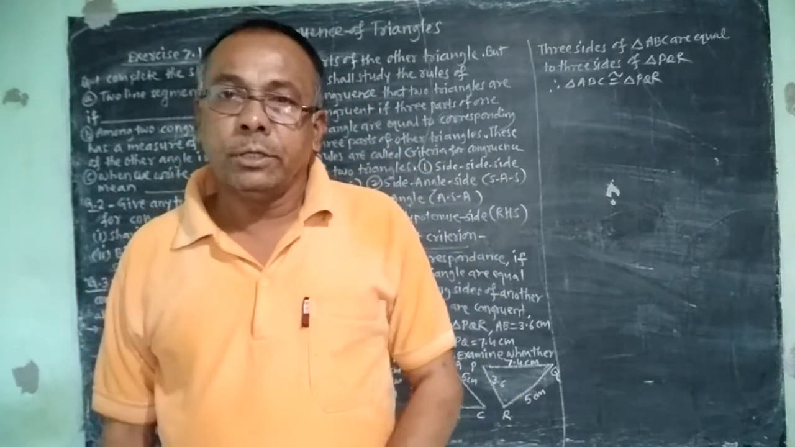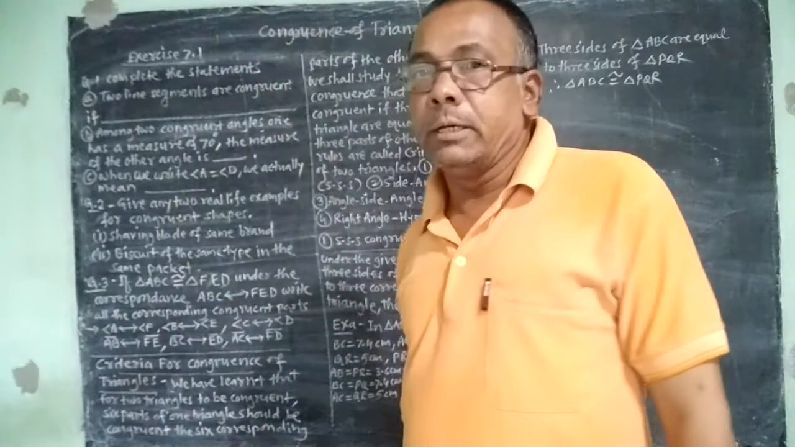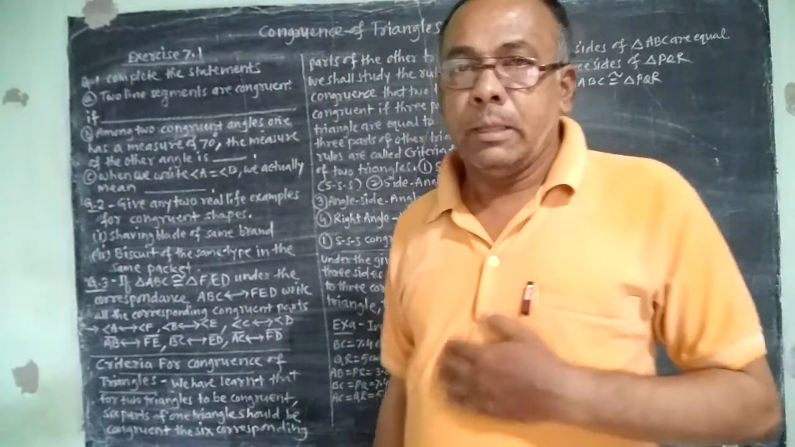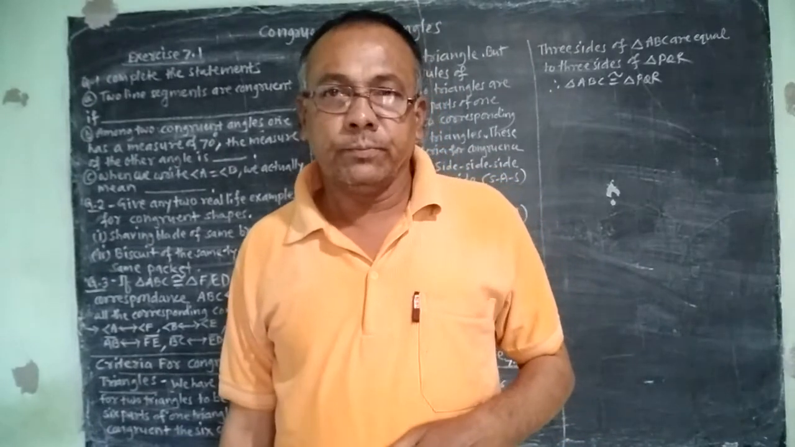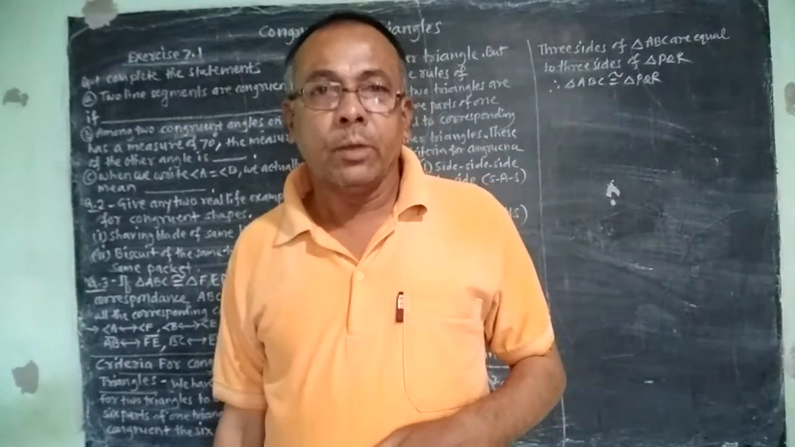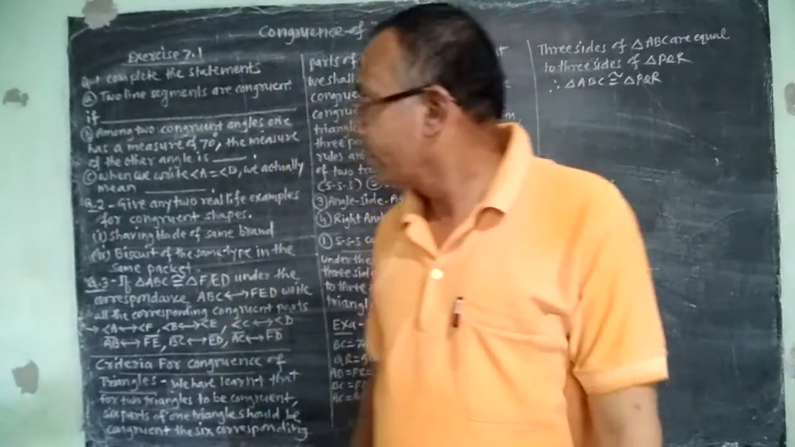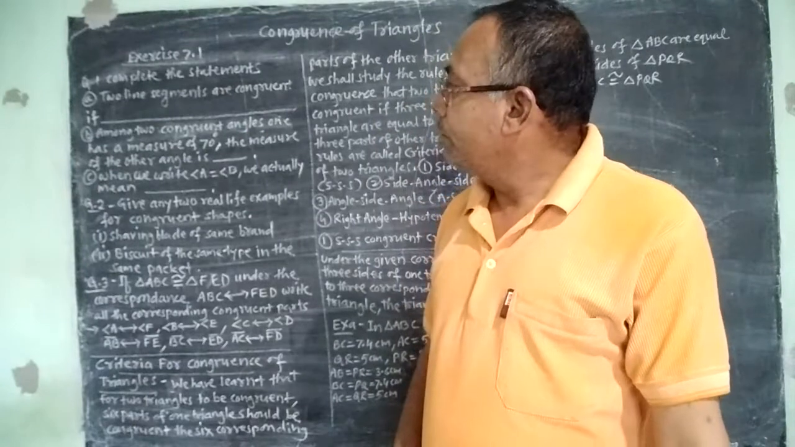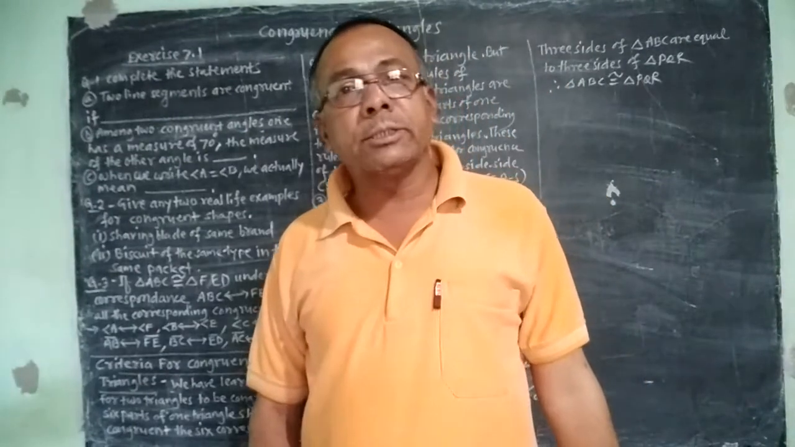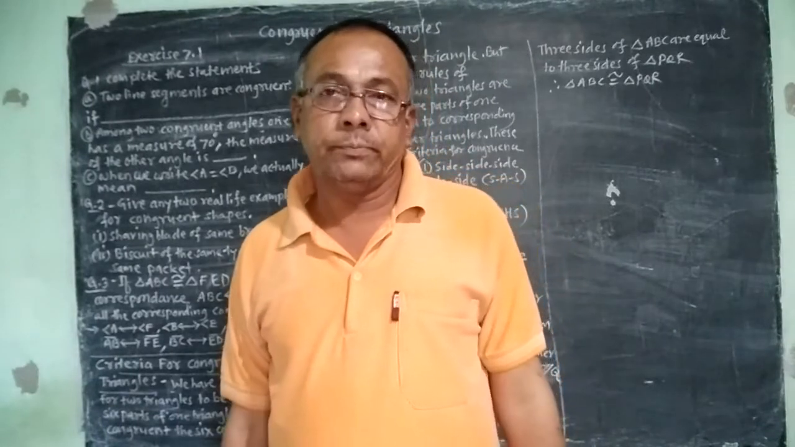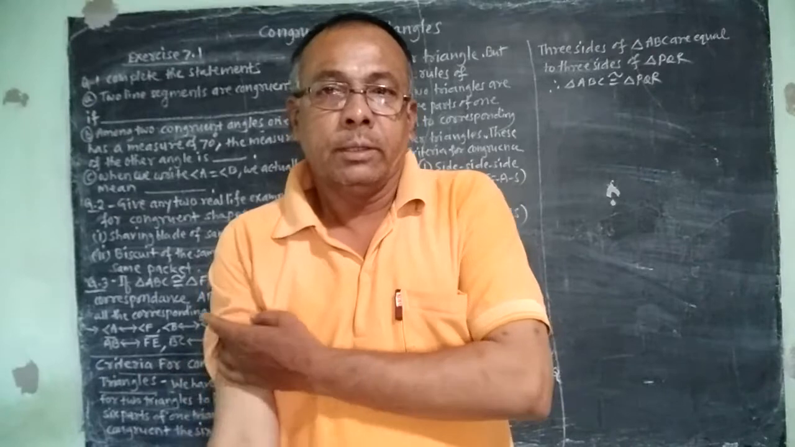We are dealing with our topic, congruence of triangles. In the last lecture, we have seen what is meant by congruence of the triangles. Also, we have seen that there are six corresponding parts of the two congruent triangles. That is,